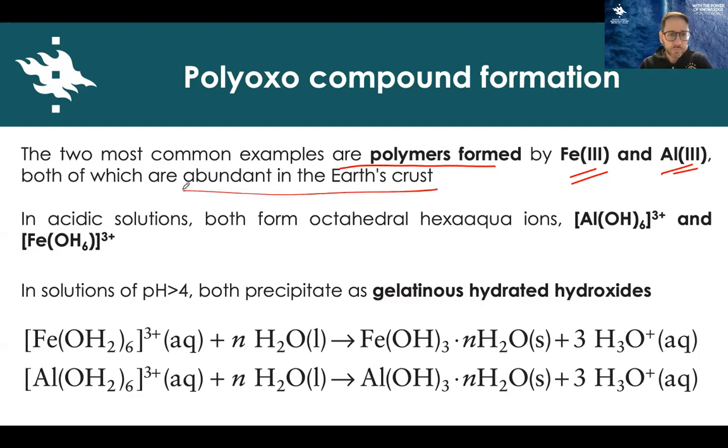So for example, if we are in acidic conditions, they both exist as the ions in solution, right? So for example, for aluminum, we can write something like this, but when we have the ion in solution,